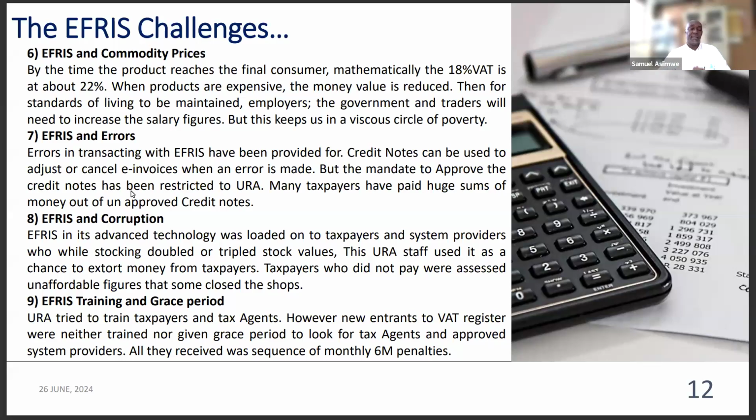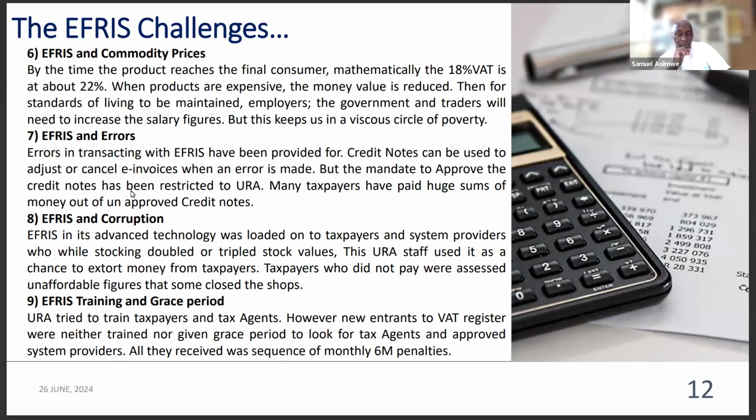It's no longer 18%. So when the products are expensive in the market, the money value is reduced. When the money value is reduced, then the standards of living are also compromised. And to maintain the standards of living, it means that the employers, that is the government, and the traders, the business community, will need to increase the salary figures of the workers. So it puts an issue on the